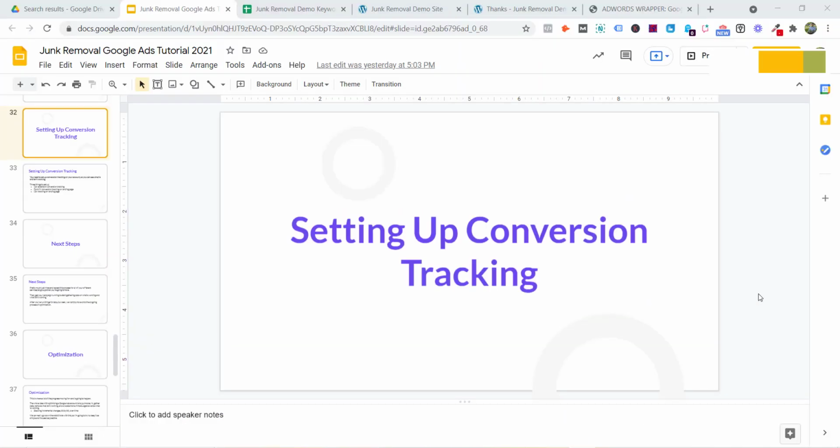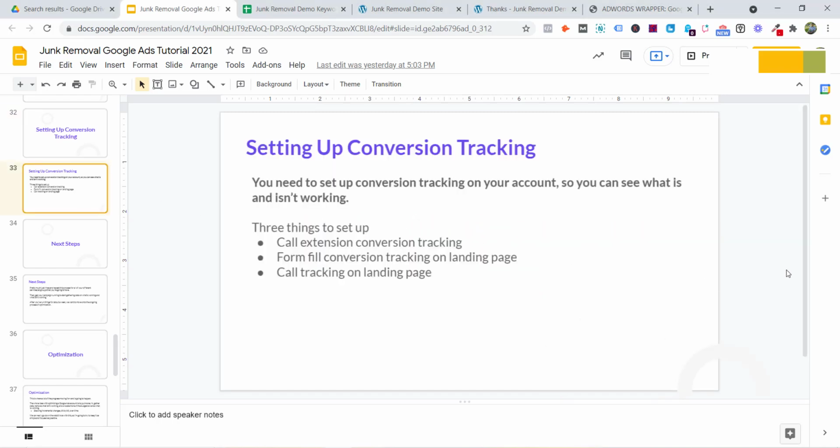So before we actually get our campaign running, we need to make sure we have conversion tracking set up on our landing pages for phone calls and form fills. And then we also need to make sure that we have conversion tracking set up for that call extension that we set up. So this is a pretty simple process, but I'm not going to do the step-by-step setup in